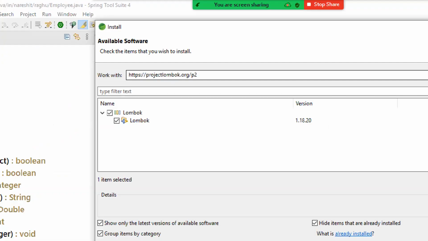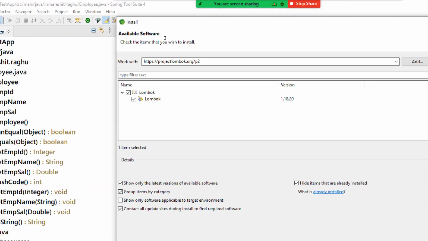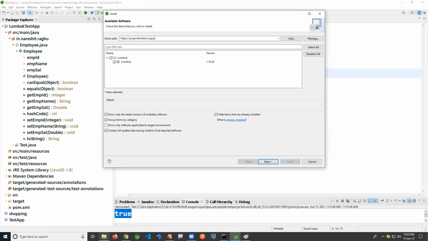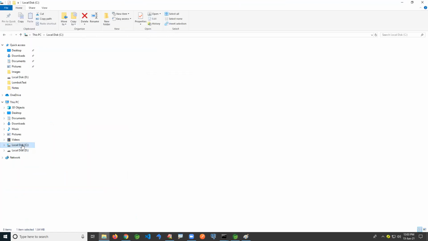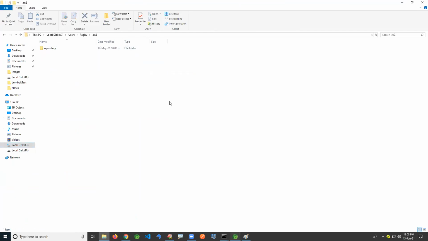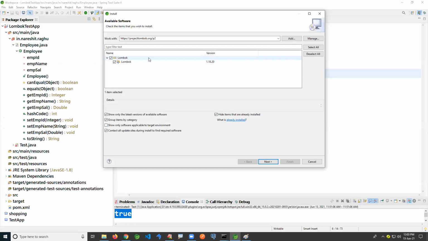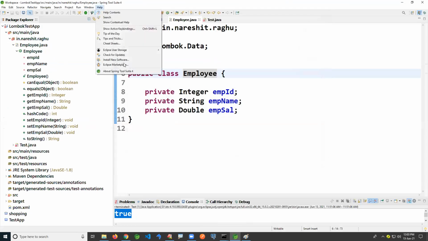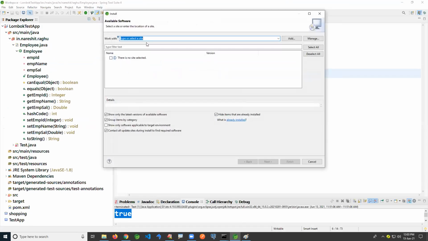In that case you need not go to the .m2 location and all. Initially I showed the installation process: C drive, user, username, .m2. No need to go there if you just do this process: go to Help, Install New Software, enter this location here and press enter.